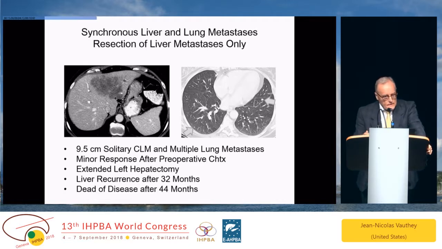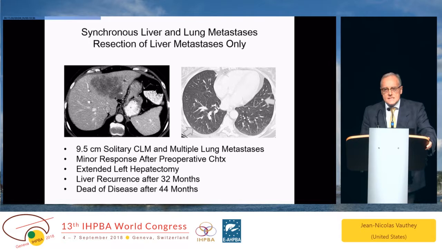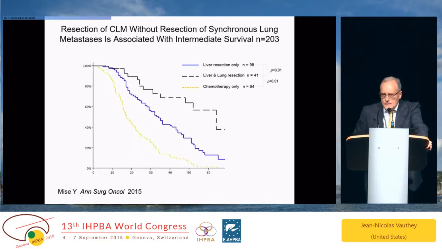We are using RAS also in the patients mentioned by Professor Adam, patients in whom we resect the liver metastasis in the presence of unresectable lung metastasis. Lung metastasis don't kill patients. Patients don't die from lung metastasis, or they are very late in the course, so they don't die from respiratory insufficiency, and they can be treated also with off and on chemotherapy, low-dose chemotherapy, de-escalation. So this is an example of a lady who survived. She had young children, and she survived after 44 months of liver resection, died from her disease.